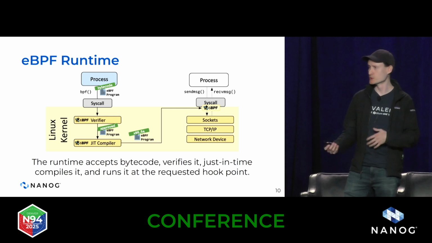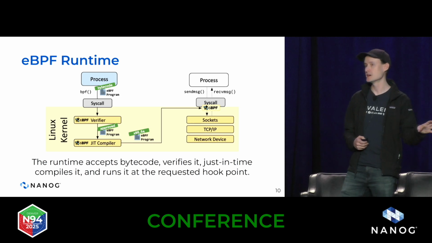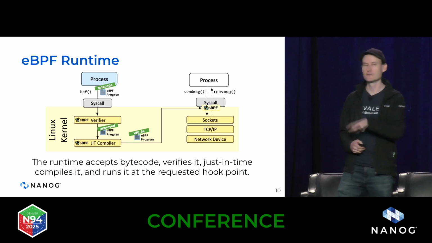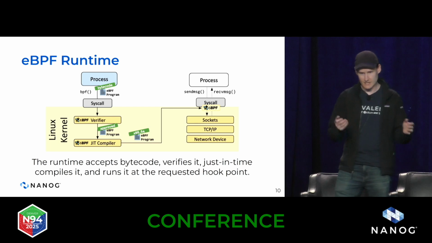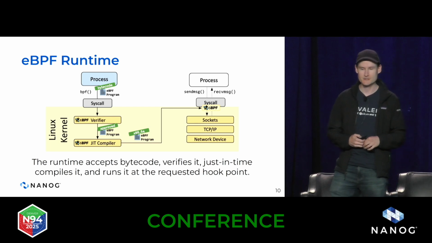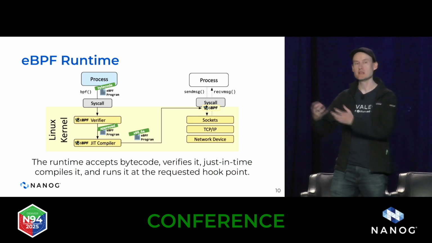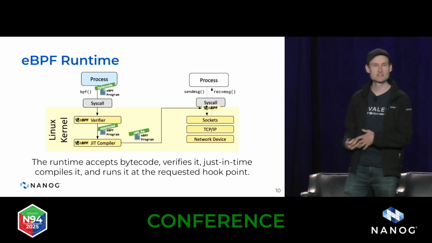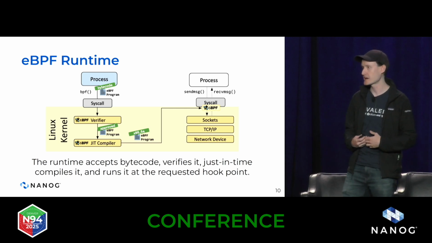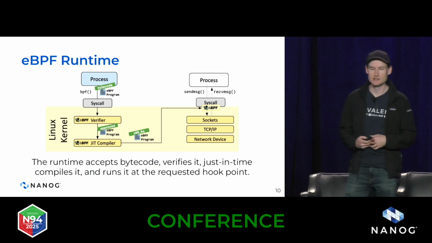Once the kernel has approved that eBPF program, it then transpiles that eBPF code to the native instruction set of the host itself. And there's a range of different JIT compilers for different popular architectures. At that point, that efficient code can then be attached to a specific event in the system, like whenever you receive a network packet on the NIC, or whenever an application makes a connect call or starts generating a packet.